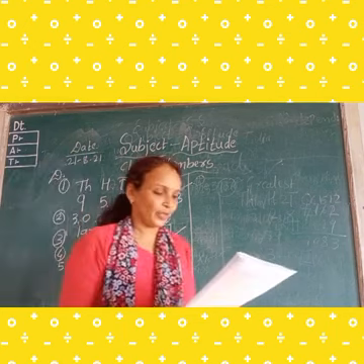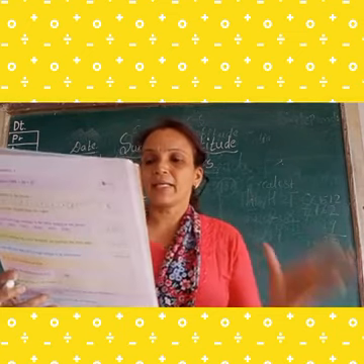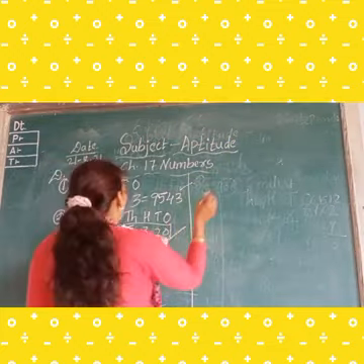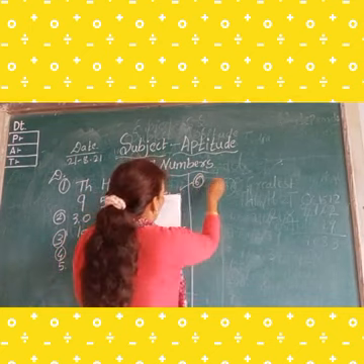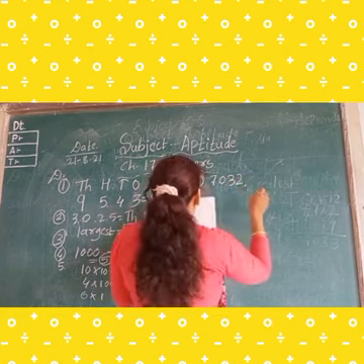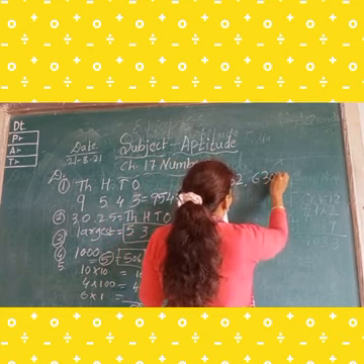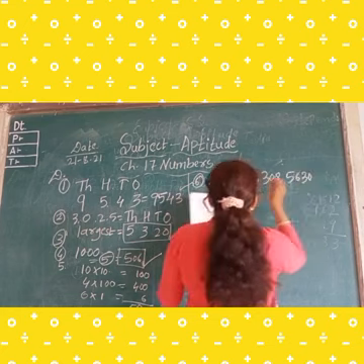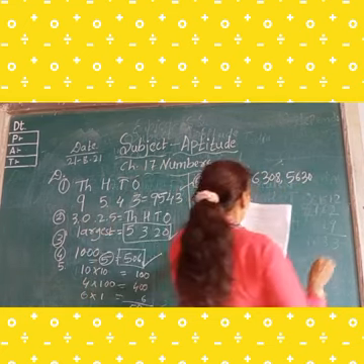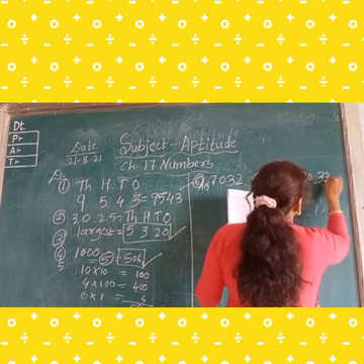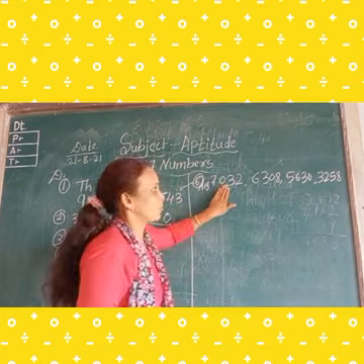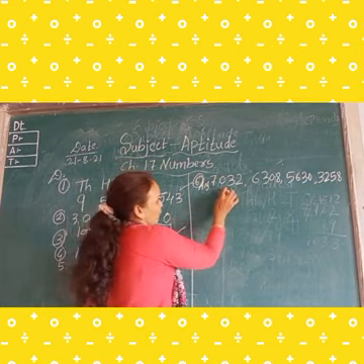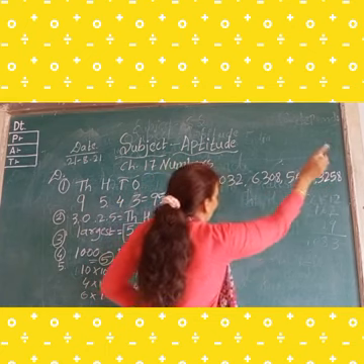Now come to arrange the following numbers in decreasing order. Decreasing means from bigger to smaller. The biggest number comes first: 7032, then 6308, then 5630, then 3258. Decreasing means going from big to small. Increasing means going from small to big. First the biggest number, second biggest, third biggest and the smallest number.